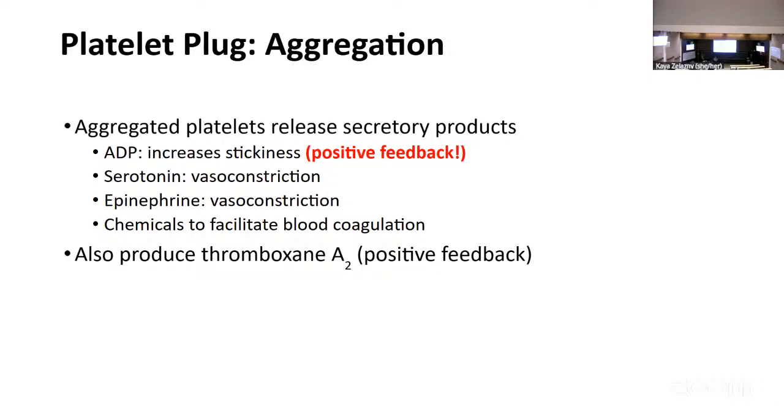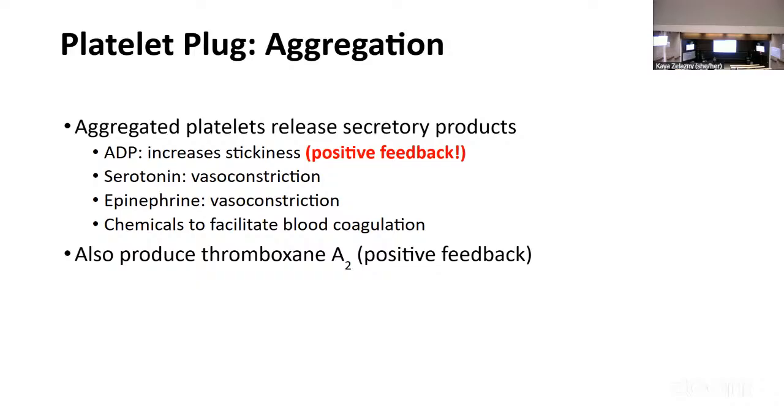So like we had granules in the platelets, they can make stuff. So secretions are just things that are coming out of the platelet, getting onto the surface of the platelet, and getting into the local area around this platelet plug we're forming. So a couple of the things that they're secreting,